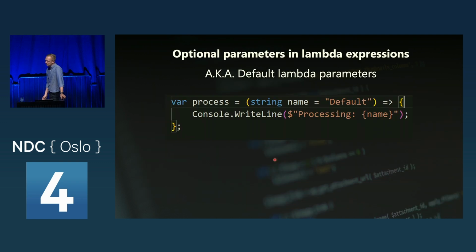And then what they also want to add is default or optional parameters in lambda expressions, also known as default expressions. It's funny when you read the documentation, even the official Microsoft announcement, they talk about this using two different names. But it's the same language feature. So again, with the consistency. But they'll get there. Once this is released in November, we'll know the name, and hopefully it will make it into the language. Because for minimal APIs, where I set up very small ASP.NET APIs in a small console application, which can later grow into something bigger, this is a nice addition.